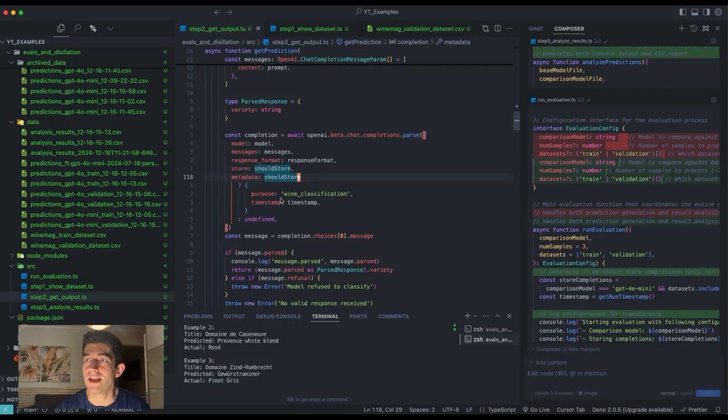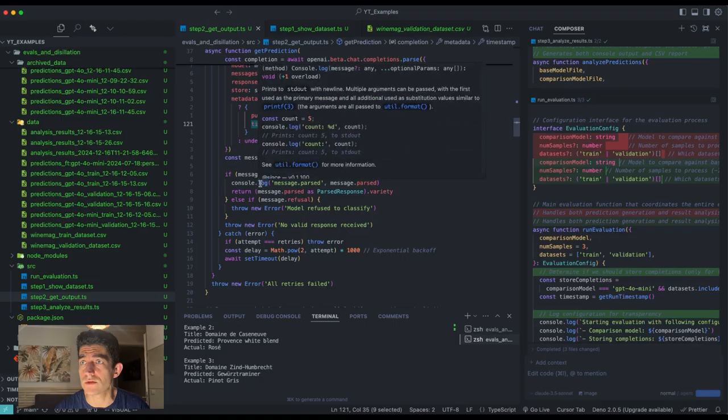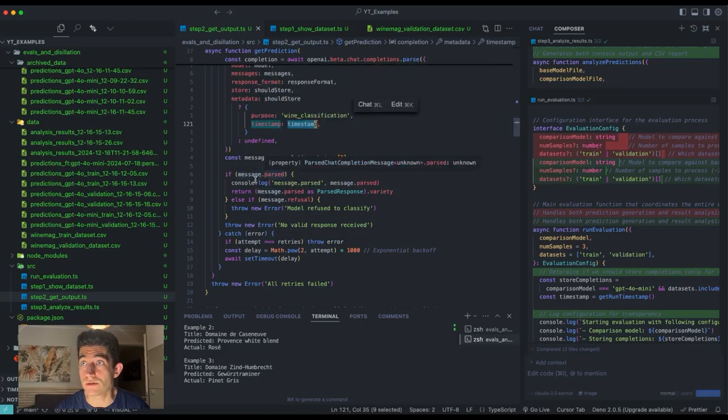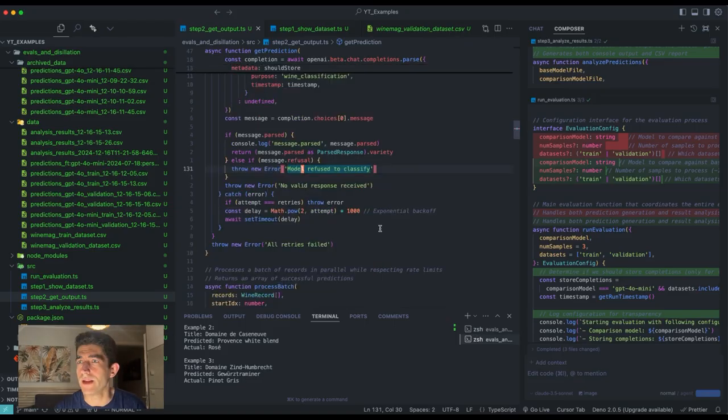And then we have some metadata so that we can find that training data with purpose and timestamp. And that's it. When you work with structured outputs, it's useful to know that the message can include the result, but also if the model refuses, there is a message.refusal which you can check and then throw an error. Sometimes there are sensitivity issues, so you might want to rephrase some data. So it's useful to know